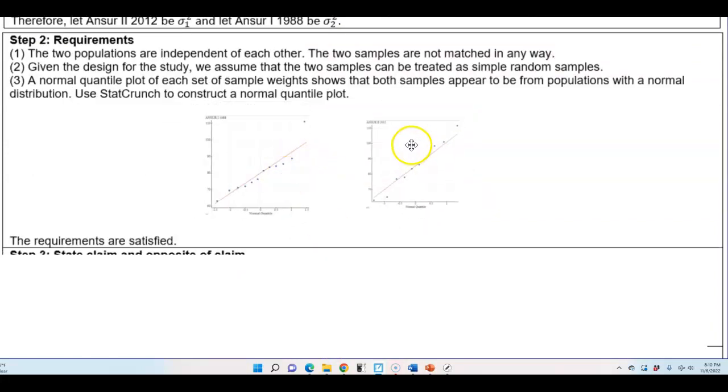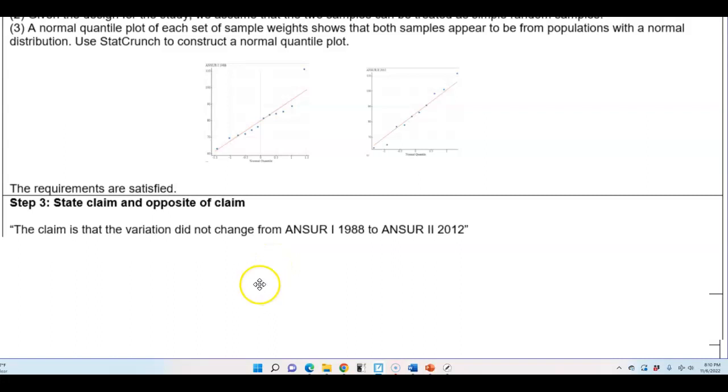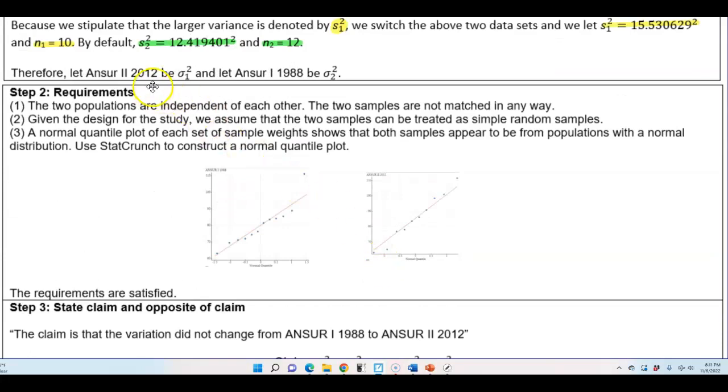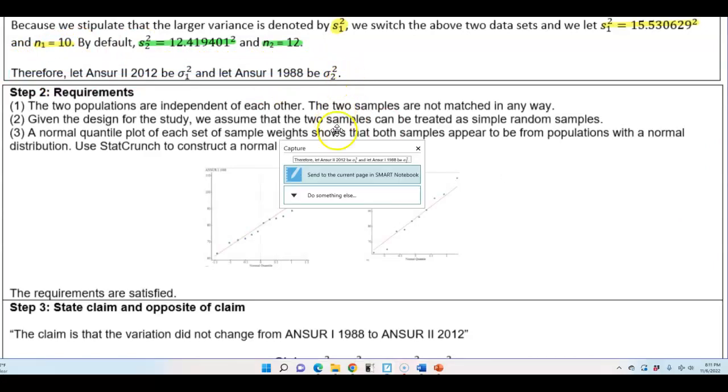So therefore, the requirements are satisfied. Okay, now we're going to state the claim and the opposite of the claim. The claim is that the variation did not change from answer 1, 1988 to answer 2, 2012. Again, recall that we're letting answer 2 be population standard deviation 1. So let's go ahead and copy this so that we know that this is how we're setting up